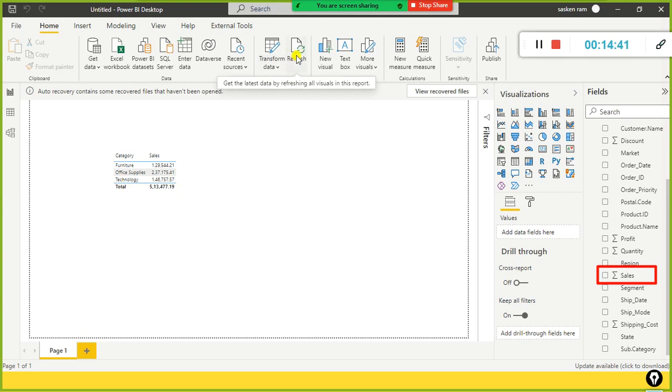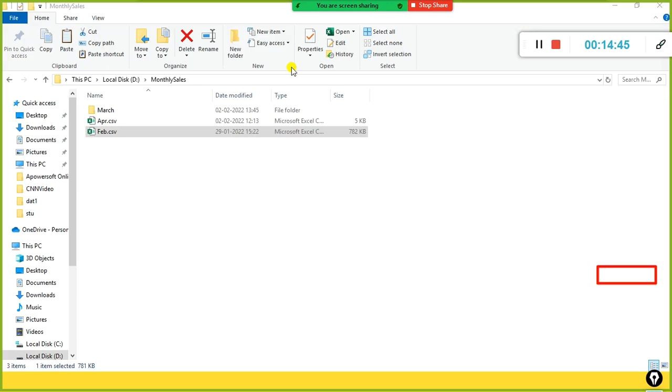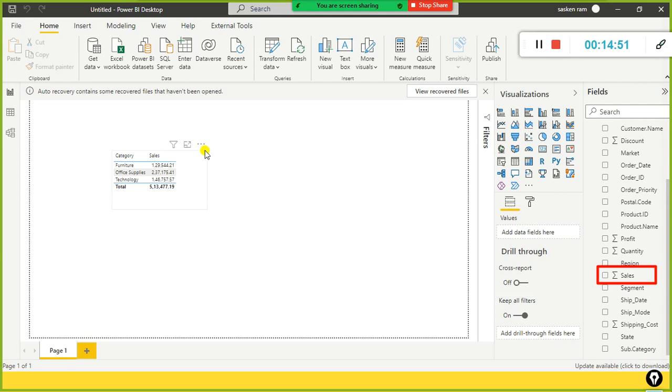So you need to click on refresh. Okay, so in this case, when you click on refresh, obviously again it will go and load the data from all the 3 files. Okay, so in our case the volume of the data is very less. When it comes to real time scenarios, the volume of the data is very, very huge. Okay, and an important point that you need to note down here is,